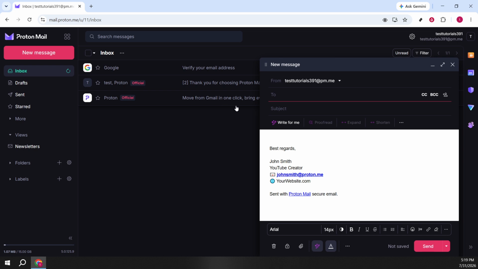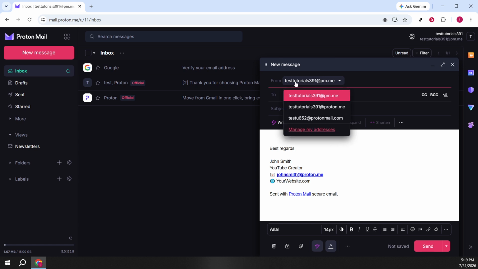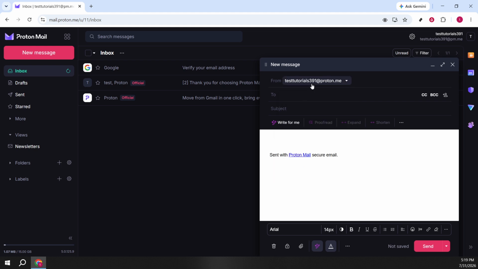Before you type anything, look for the From field at the top of the Composer. Click it to open the address chooser. Here, pick the alias you want to send from. If you've already created aliases in your account, they'll appear in this list. Choosing the right alias up front keeps your conversation consistent and helps the recipient immediately recognize which context you're writing